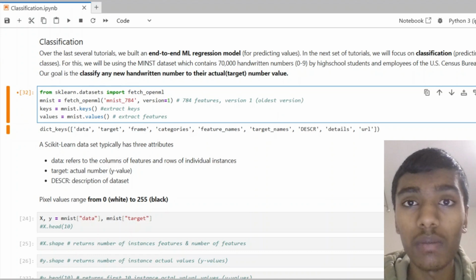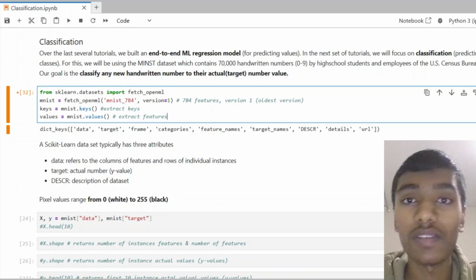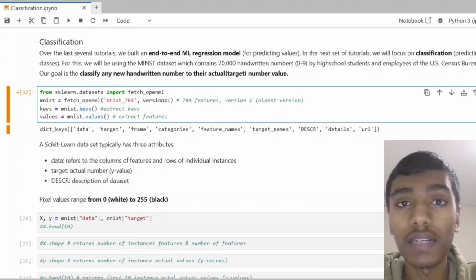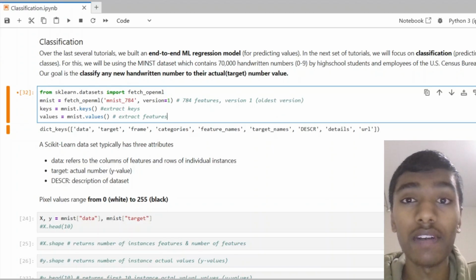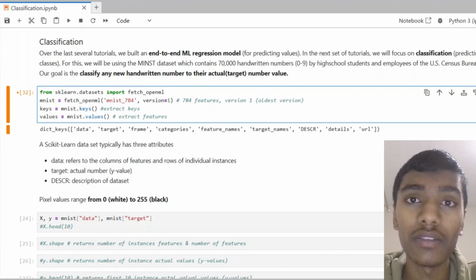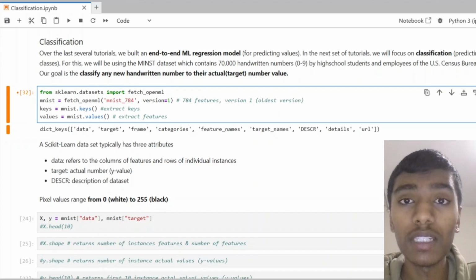In today's tutorial, we're going to be covering how we can develop a classification model to predict classes of data. Over the course of the last several tutorials, we've been discussing how we can develop a predictive regressor model in order to predict particular y values given several predictors. But starting in today's tutorial and over the course of the next several tutorials, we're going to be discussing how